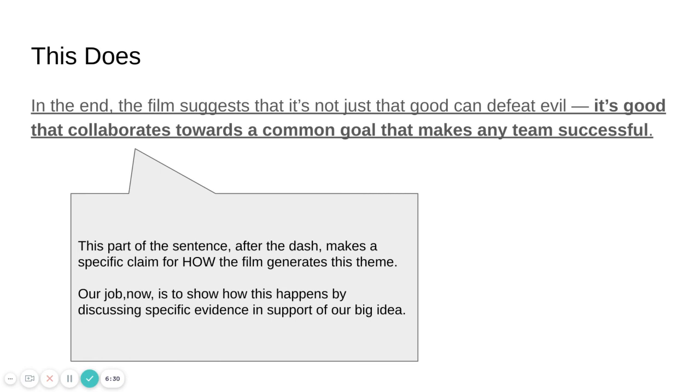So I would probably, in the rest of the paper, show a bunch of examples about when the empire, even though they're superior in power, are fractured because they don't know how to collaborate. And then I would show that even though the rebels are sort of broken without a lot of resources, they work together, and that makes them so bloody successful. And it's a wonderful movie because that's satisfying.